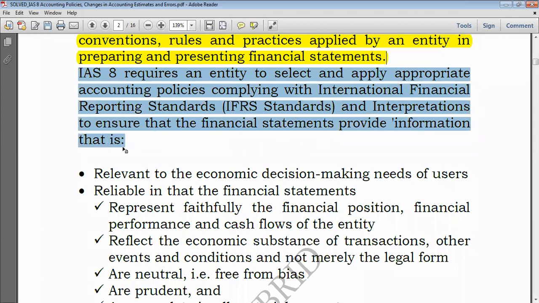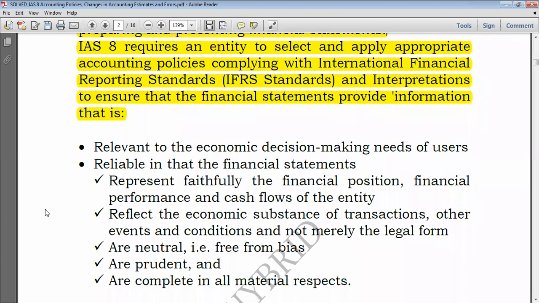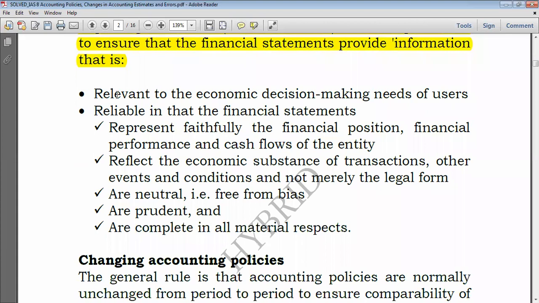Simply speaking, when an entity establishes its accounting policies, they have to make sure that they are complying with IFRS or their interpretations. Some IFRS are complicated, so some interpretations are usually established. So you have to comply so as to provide information that is relevant, but also information that is